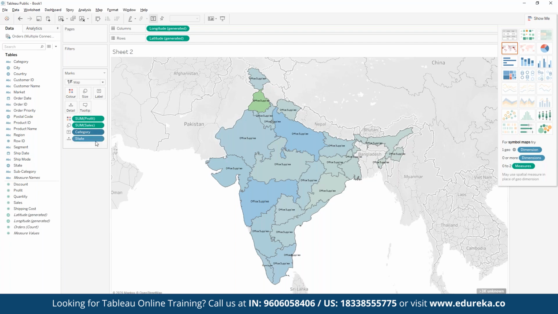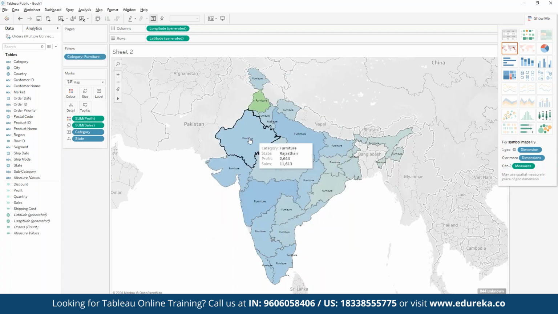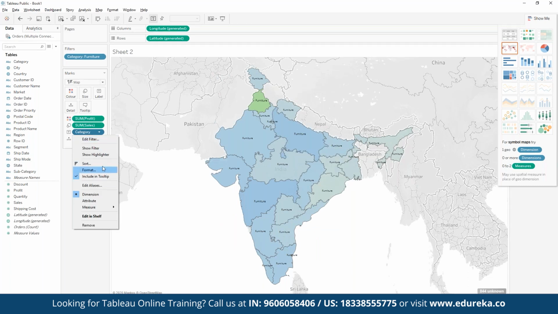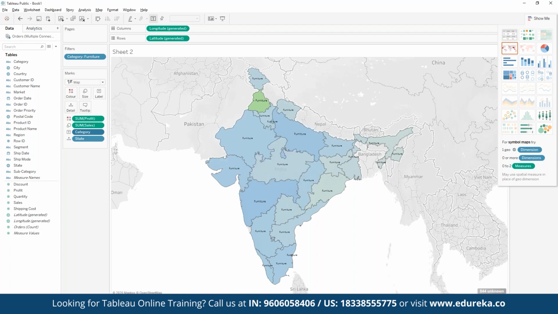For example, suppose here we want to filter out, this applies only for furnitures. Then here we can choose furnitures, and we can see the entire distribution of only furnitures in different states. If you want to visualize the entire data points, not for just furnitures, but again, we want to show them